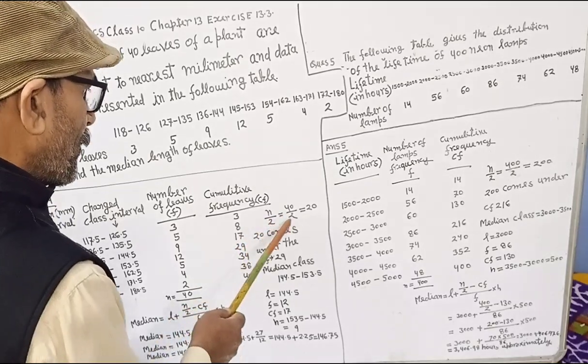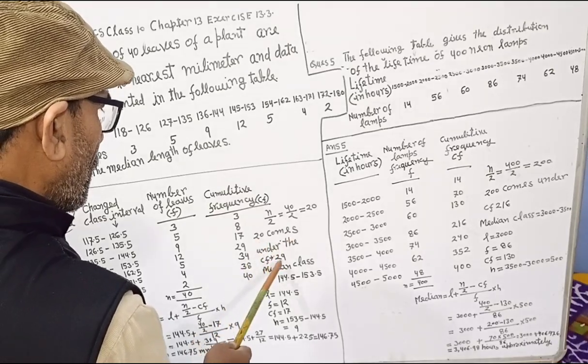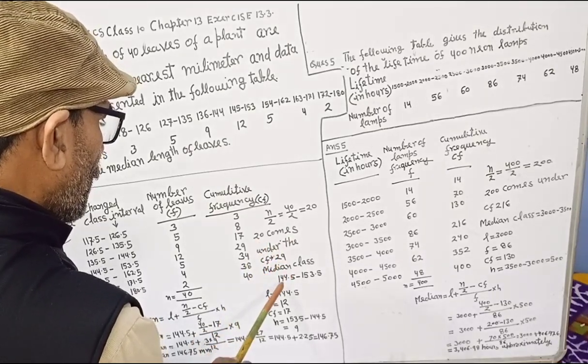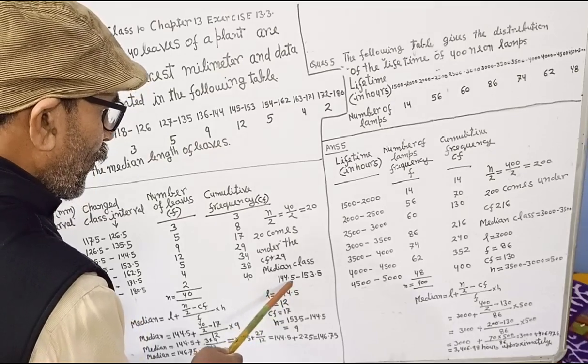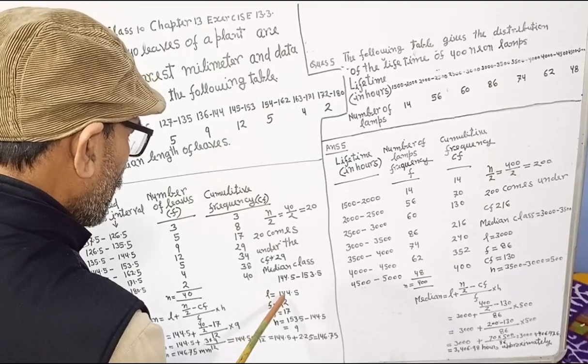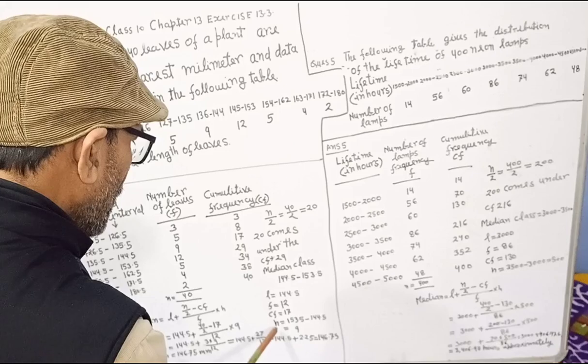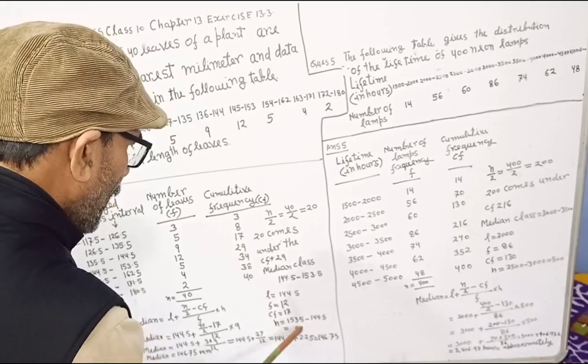Here n by 2 is equal to 40 by 2, which is equal to 20. 20 comes under the CF 29. Median class is 145.5 to 153.5. L is equal to 144.5, f is equal to 12, CF is equal to 17, and